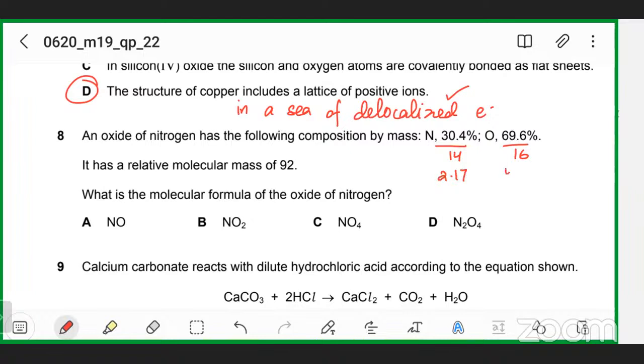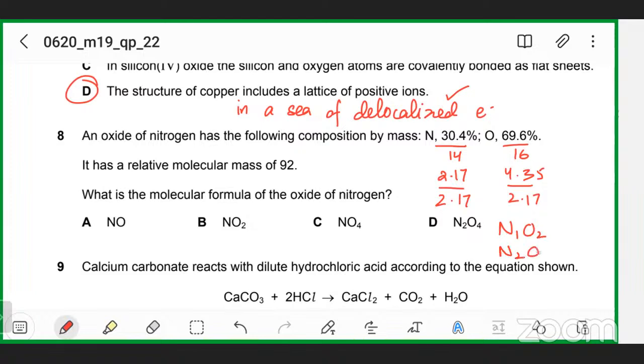अच्छा, then what's the next part? You divide by the smallest. Yeah, divide by the smallest. अच्छा, divide by the smallest. So that's 2.17. What are you getting? Yeah. अच्छा, so you're getting N is 1 and O is 2. But remember, that's the simplest ratio. It could be